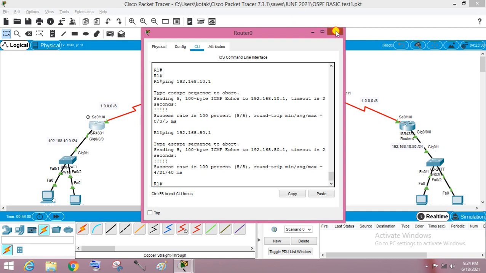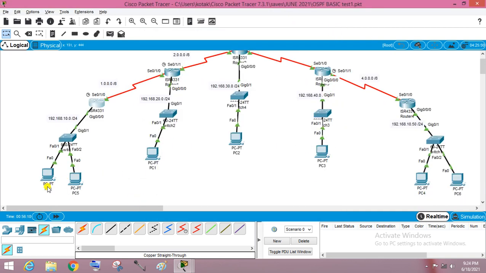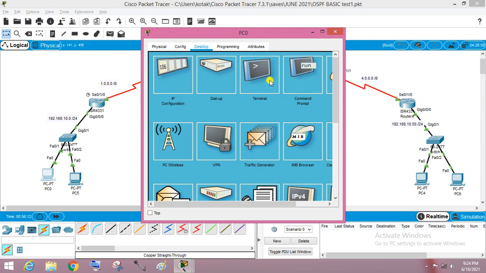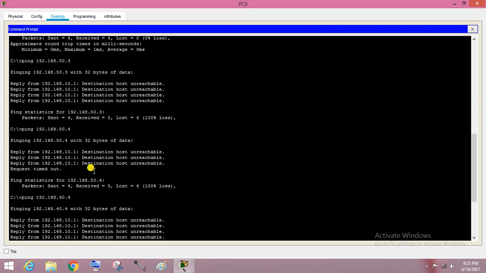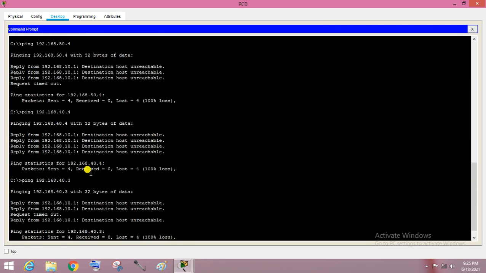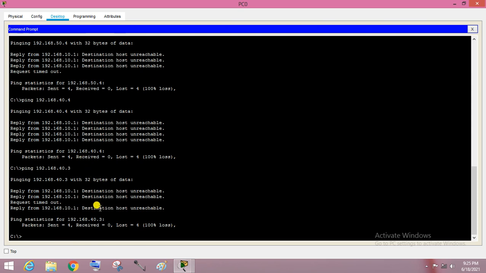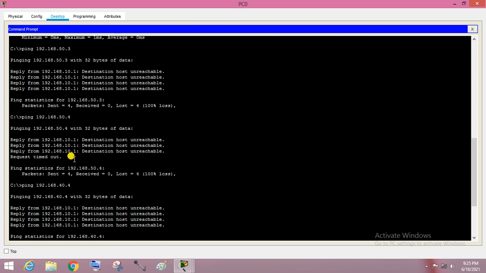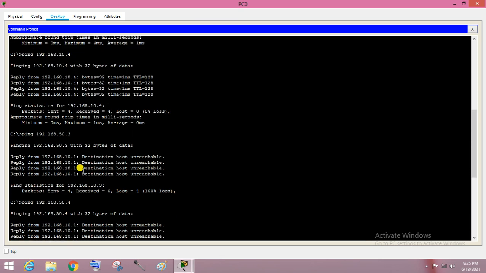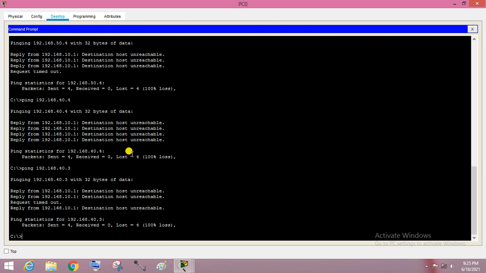Now the PC should ping. So just go once again to this PC and check. Last time we checked from this PC which networks were not reachable. You can check, when entering 50.4, 40.4, it was not reachable. So we will check once again which networks were not reachable. It was 50.3. So first check whether 50.3 is pinging. What is the IP of this PC? ipconfig.